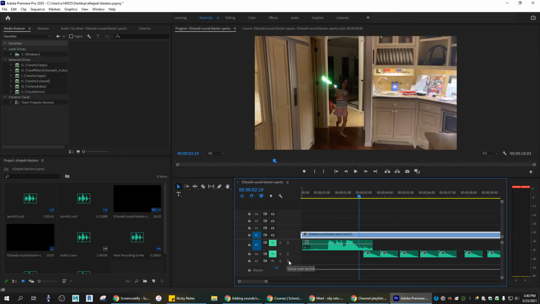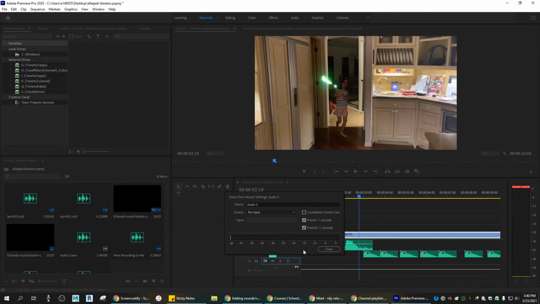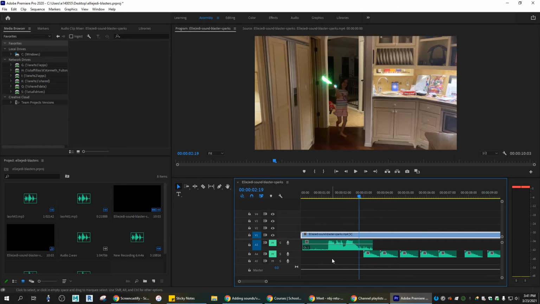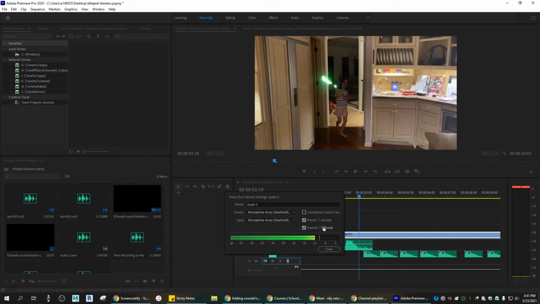And I want to right click on this and go to voice over record settings. Right now it doesn't recognize any source for audio. So I'm going to change that and choose my built-in microphone, or if you have a separate freestanding microphone, you can use that. Now you can see that it's picking up on my voice. It had pre-roll 3 seconds, which means it's going to give me a 3-second countdown, and it's going to play the video,